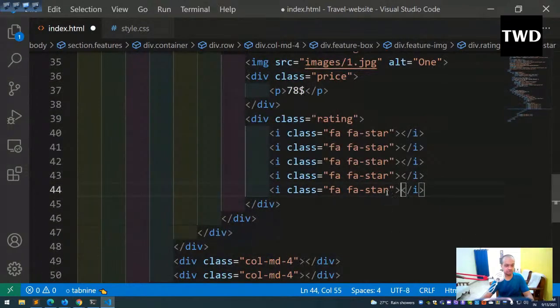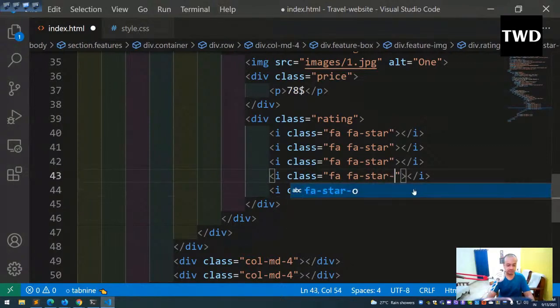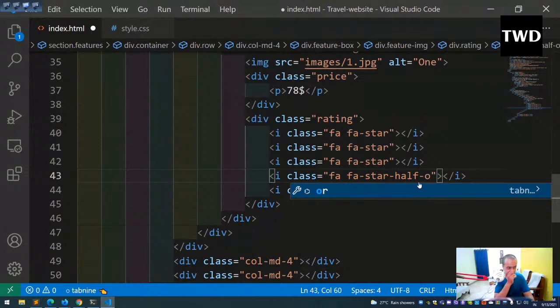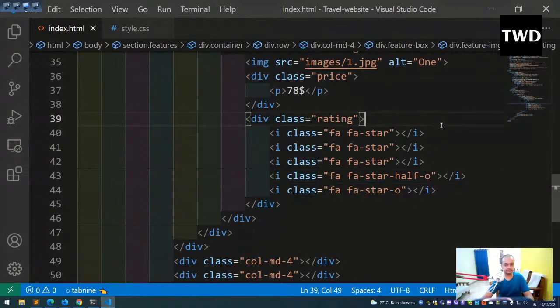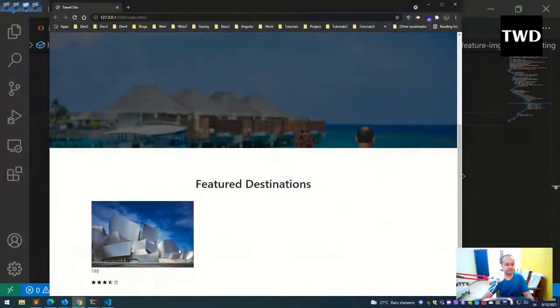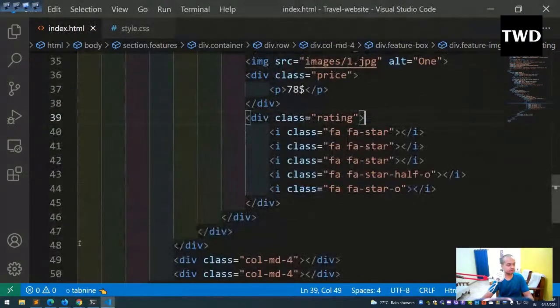So this one we will do O, so it will be sort of empty, and 5 star half O, it will be there. Save it, like it will be shown like this. Now it's time to, so this one is half and this one is fully empty. So now we will show it, and